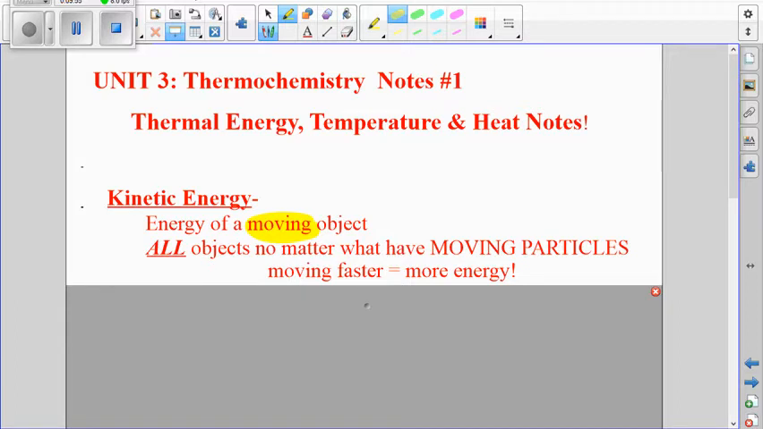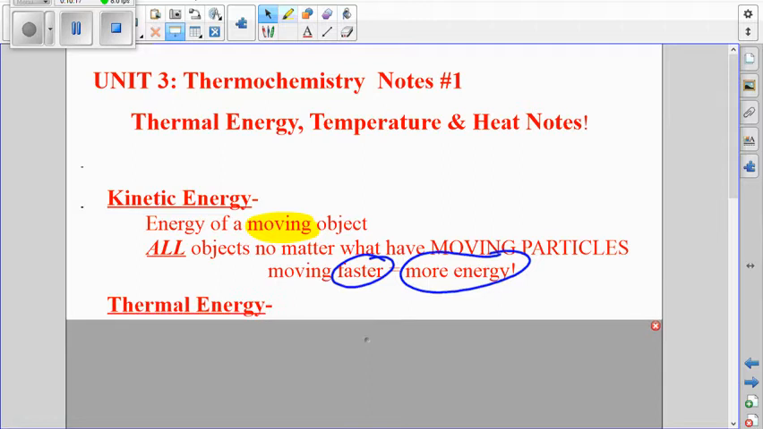And so everything has kinetic energy of some kind in that way. And the faster something is moving, the more energy it has, which kind of makes sense, right? A cheetah going 1 mile per hour has less kinetic energy than a cheetah going 50 miles per hour. Pretty straightforward. But that brings us to